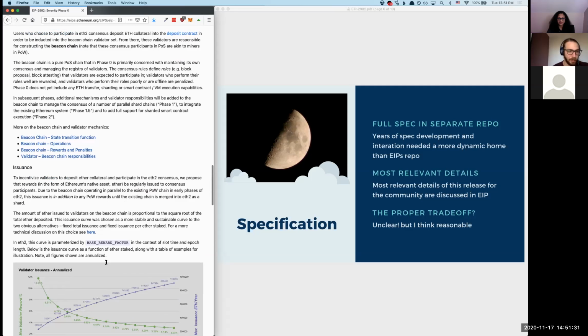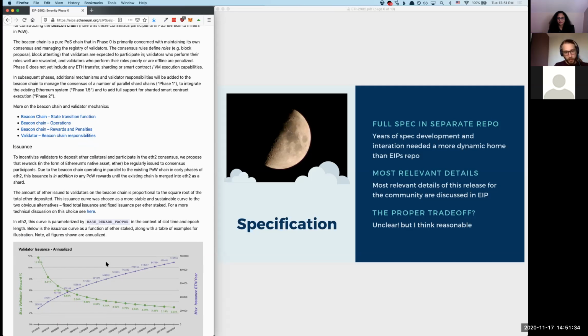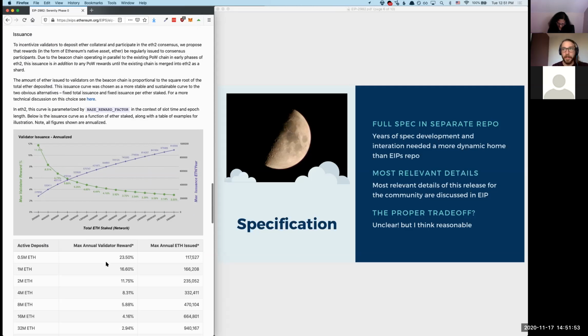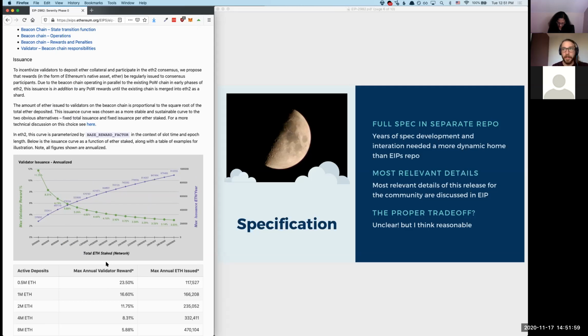And then I think something that's very relevant to the community we brought in here is the discussion of issuance. The intention here being to bootstrap the proof of stake protocol in parallel to the existing chain, and thus there actually being issuance both to miners and to proof of stake validators for some amount of time in parallel, noting that the total issuance in proof of stake is much lower than proof of work, and this needs to be made explicit so that community members and other developers that are interpreting and trying to understand how this works get a good handle.